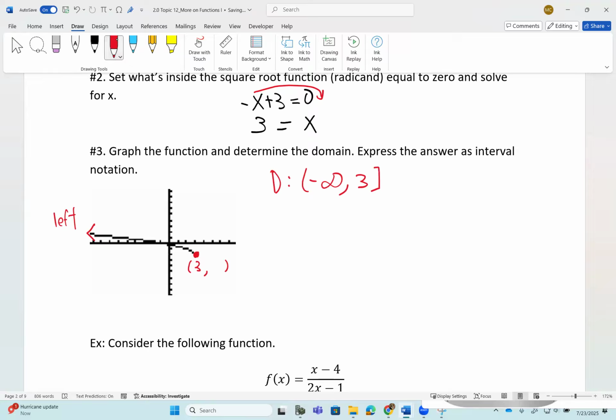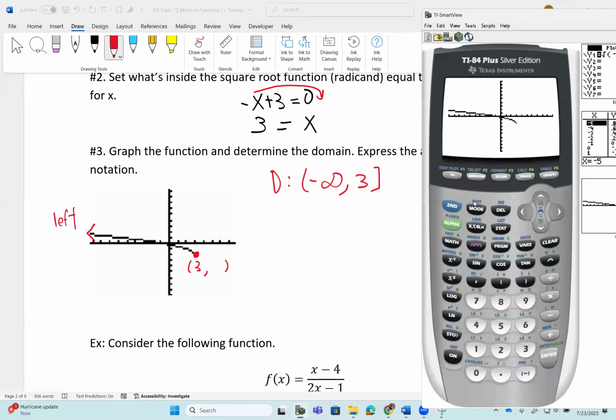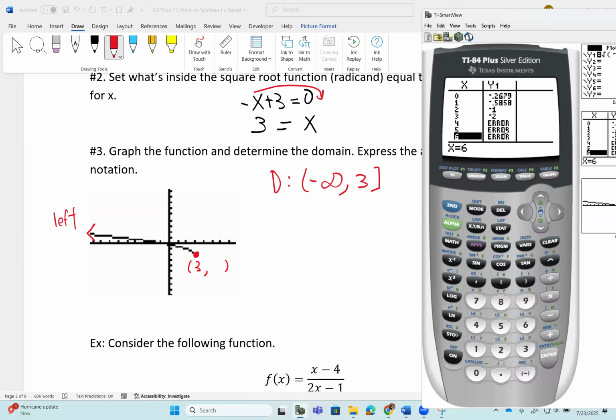There's nothing that exists to the right-hand side of that 3. If I go to my graph and go to tables,